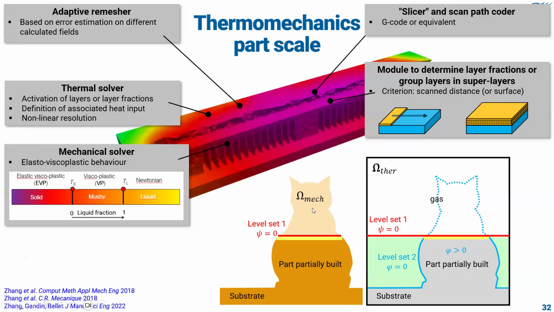And here, to solve mechanics, what we did with Yancheng Zheng is that we distinguish two meshes, in fact, because the loose powder that is non-scanned has a zero role regarding mechanics, so we can suppress it in order to save computation time, calculating the mechanics only on this part.